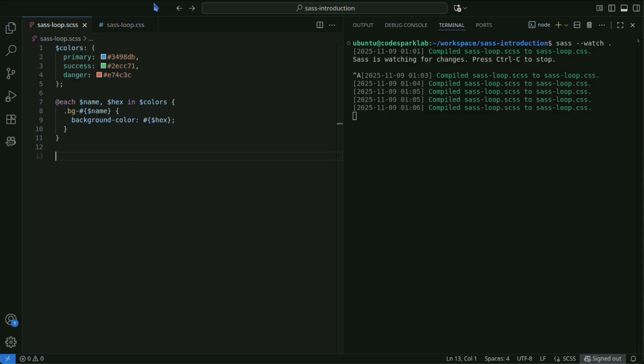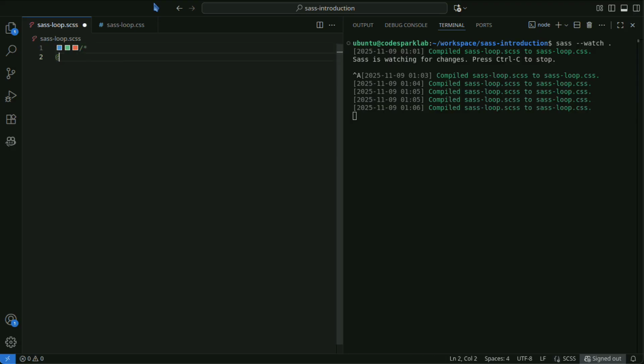@while continues the loop as long as the condition is true. For example, if you want to increment font size step by step, you can write it as follows.